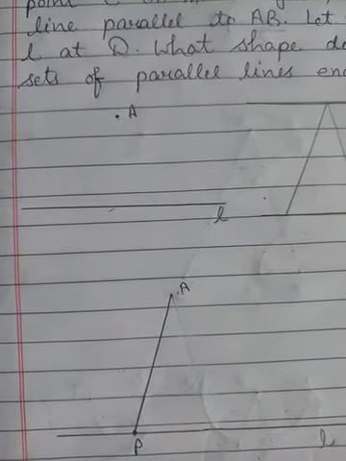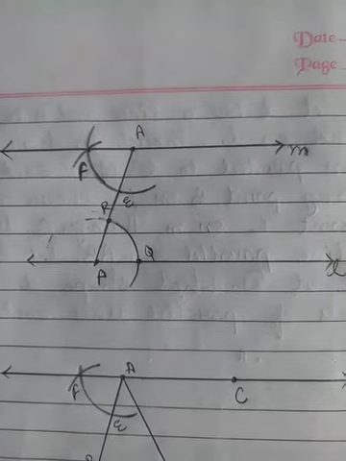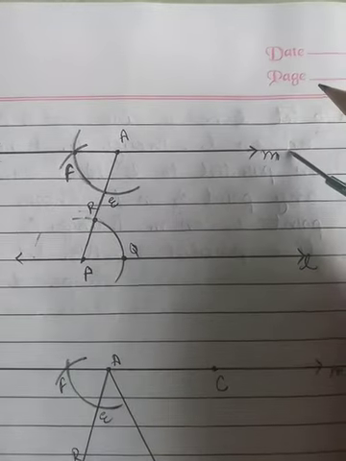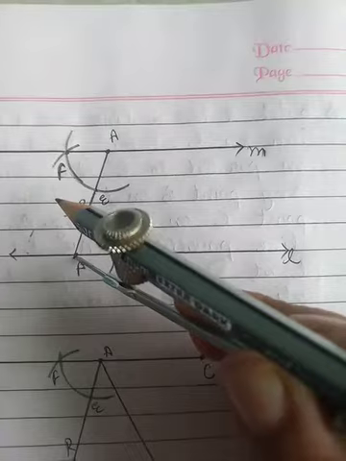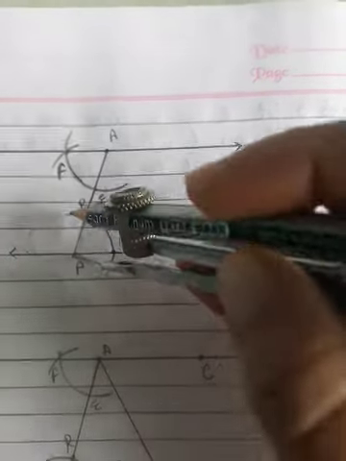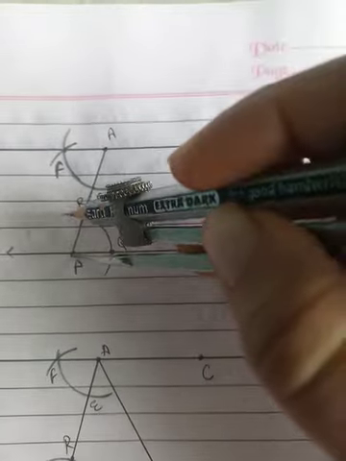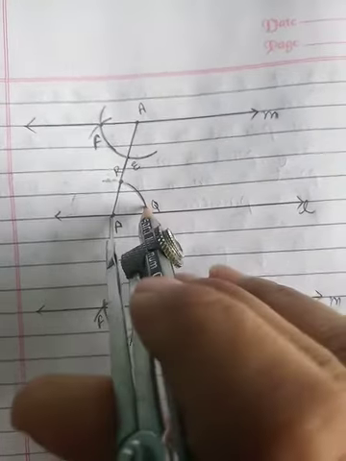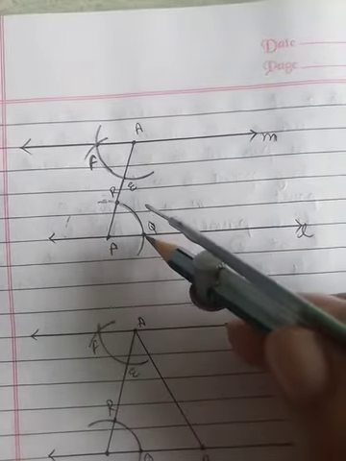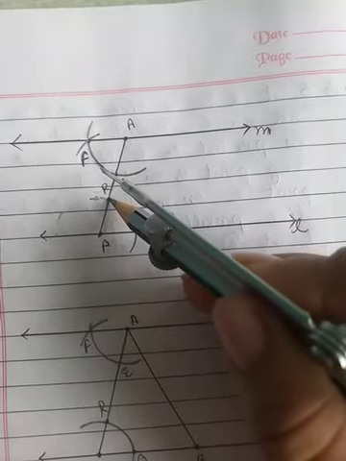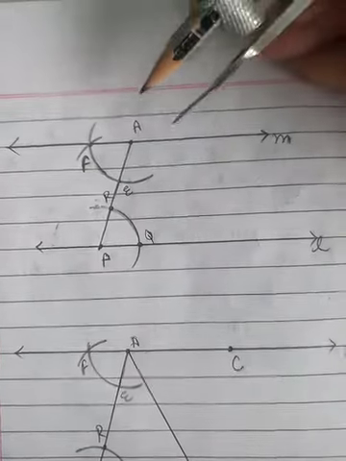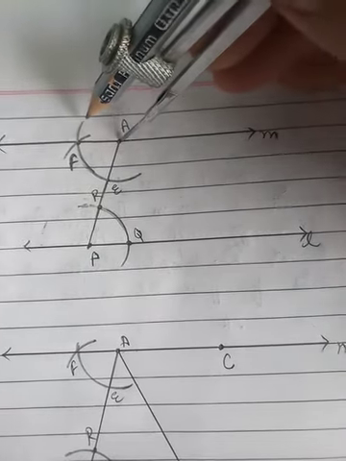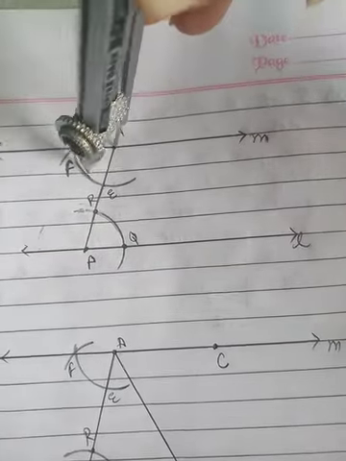Okay, now after that we need to follow all the steps which we followed for sum number 1 to draw a parallel line. We need to draw one more parallel line whose name will be M. So by taking P as the center, I will draw an arc which will intersect line AP as well as line M. Okay, so I have drawn an arc like this. So two points have been made, here point Q and here point R. By taking the same distance, by taking A as the center, I need to draw one more arc like this.